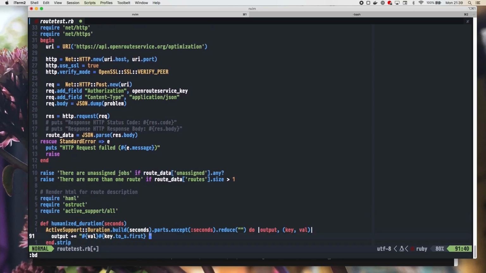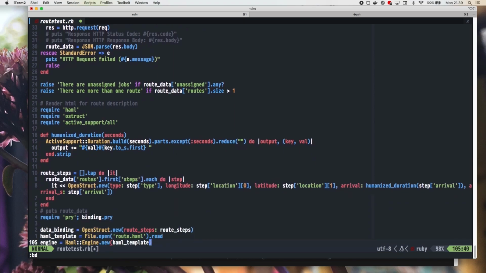So then I take all the data and I start putting it into an open struct. I do this because I want to have some HTML that I can present myself with, and also I wanted to make it a bit nicer to work with. So this is why I have active support in. That's because I want to have some nice durations. So instead of just having all in seconds, I can print it out in minutes or hours and minutes. So that's what this is.